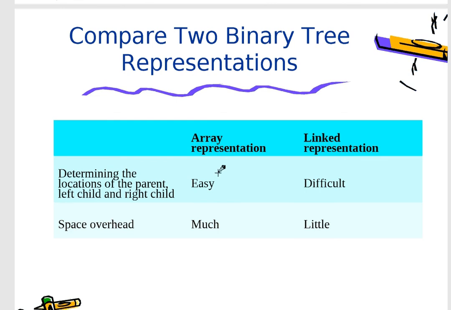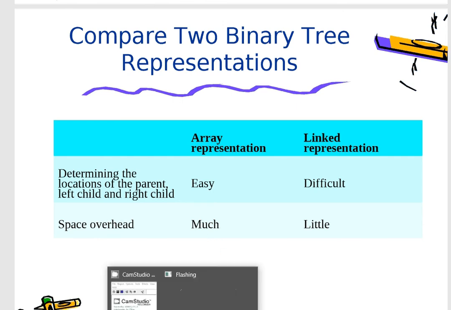But at the same time, the array representation's space overhead is too much, because if it is a left skewed tree, as we have already seen, a few spaces are vacant, while the linked representation's space overhead is very little. Okay, so next we will continue it in the next